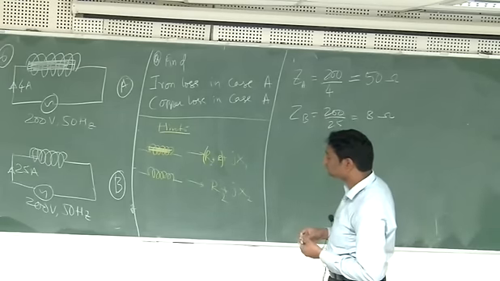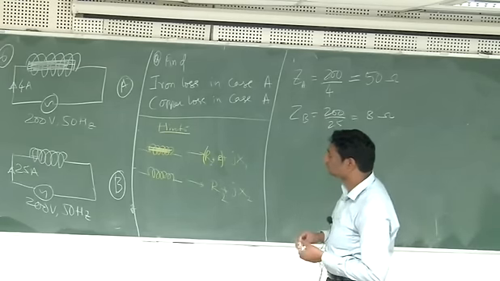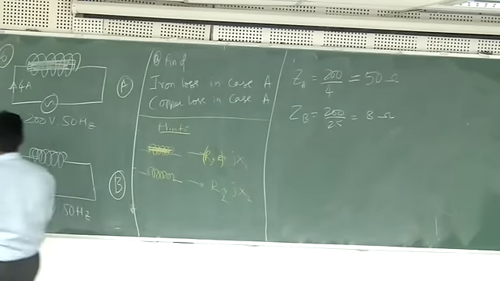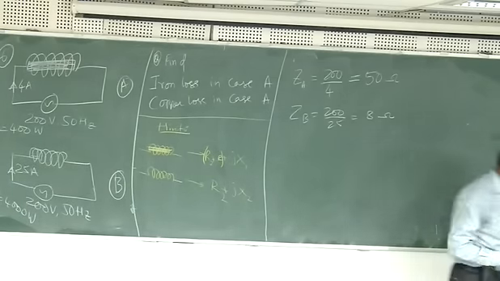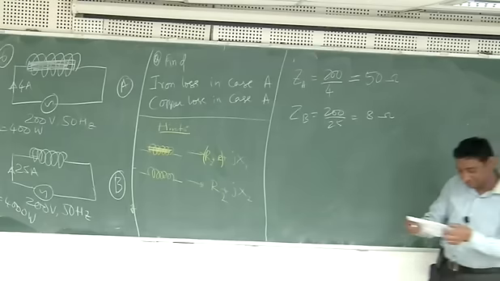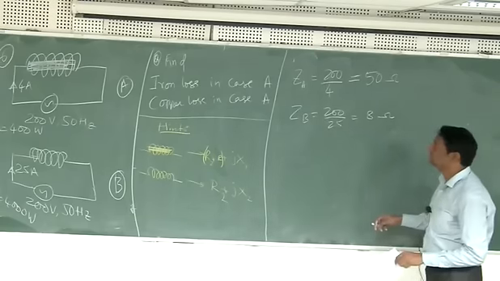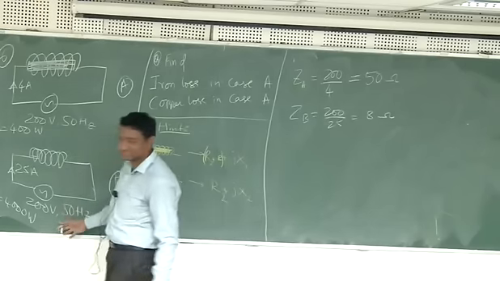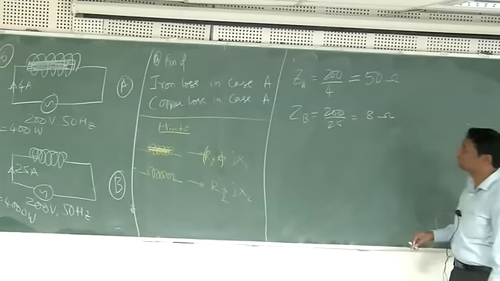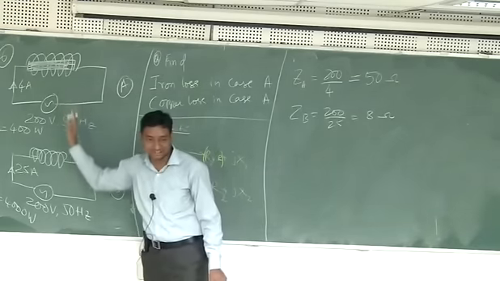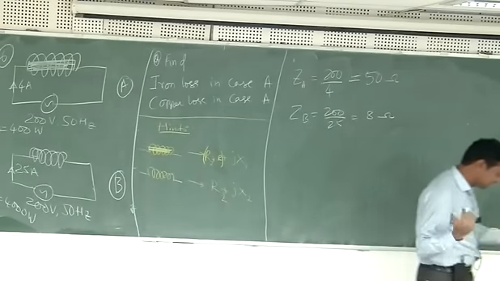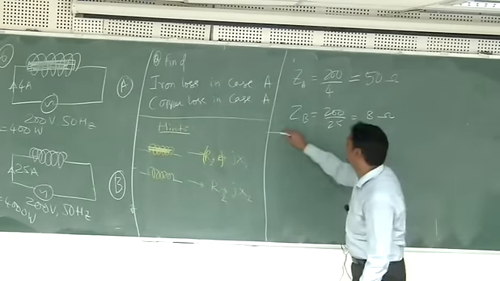What next? I have to give power also. Now it is more clear. I think I did not write this down. So what happens is, in the first case the power is 400 watts, in the second case 4000 watts. That is what is measured. Like you put a wattmeter here and measure how much power is going here and how much power is going here. Without that you actually cannot solve it.